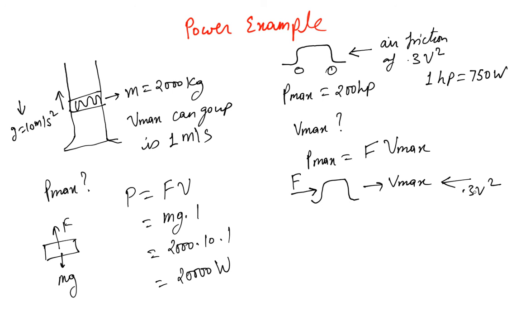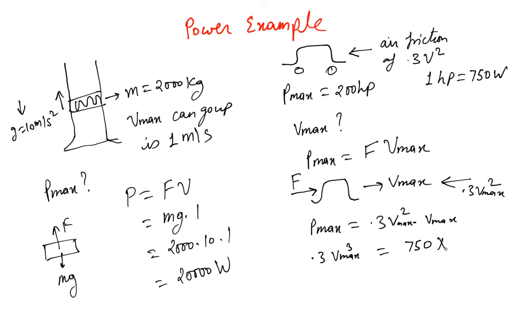You really can't go above this speed, because that is the best force your car can provide. So P max should be 0.3 v squared, well, actually V max here because it's moving at the maximum velocity, times V max, right? Just use this formula, and that gives us 0.3 V max cubed equals